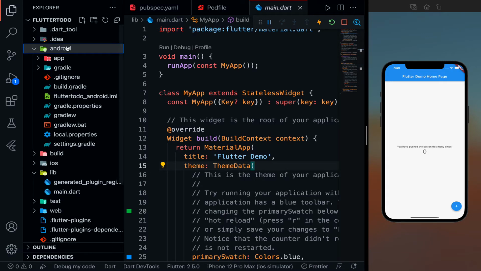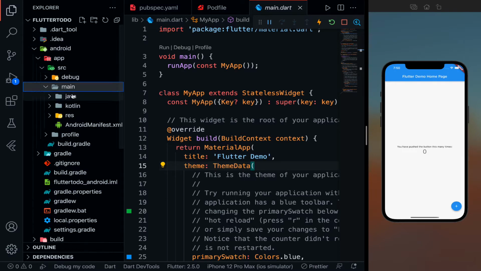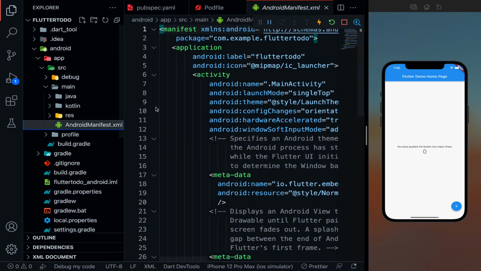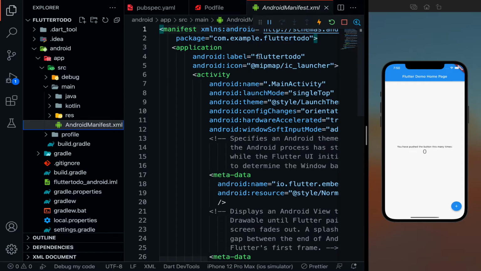Then there is the Android folder. In this Android folder, every file that will be required for the Android part will be kept here. We will be mostly dealing with the app folder, then source, then main, then AndroidManifest.xml. In this file, AndroidManifest.xml, we are going to put some permissions like internet permission, mic permission, read contacts permission, location permission.